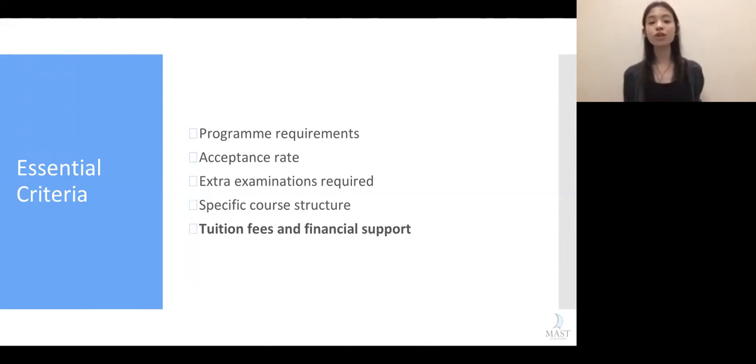And also when you apply to most universities, you're automatically considered for something called the merit scholarship. So what this is basically, they offer little incentives to students that perform well academically. But there are also other financial supports and other scholarships that you have to apply to specifically. Some of them require you to give a financial statement from your bank. Some of them require you to write a little bit about yourself. It really depends. So before you apply, it's really important to check those out online.